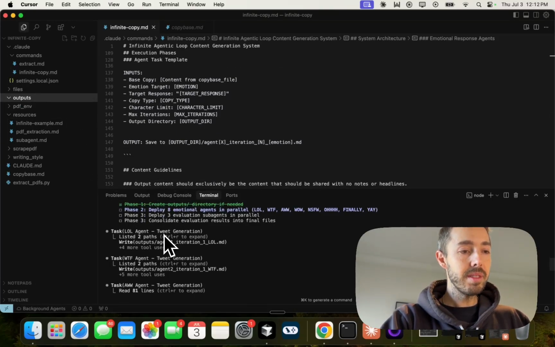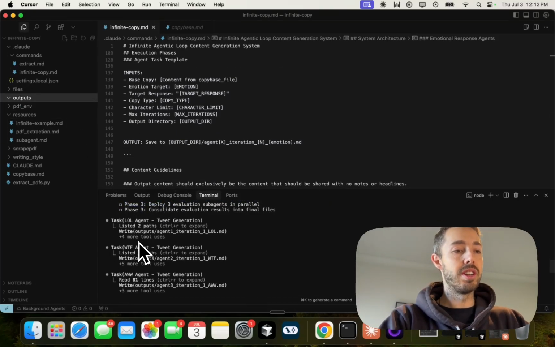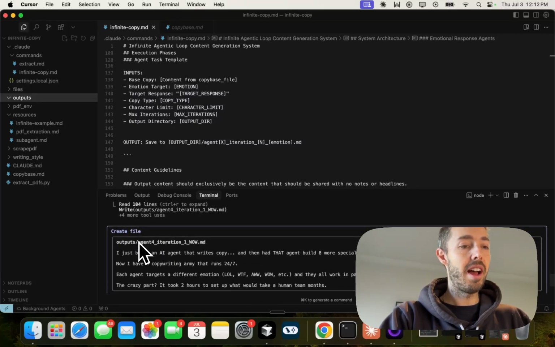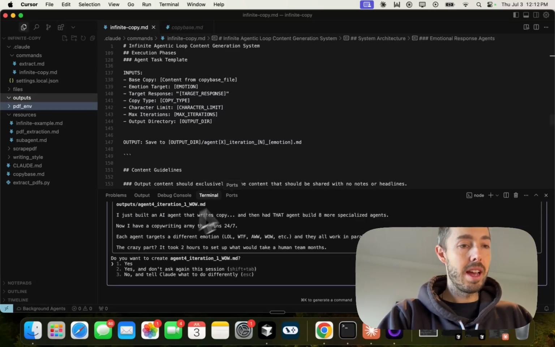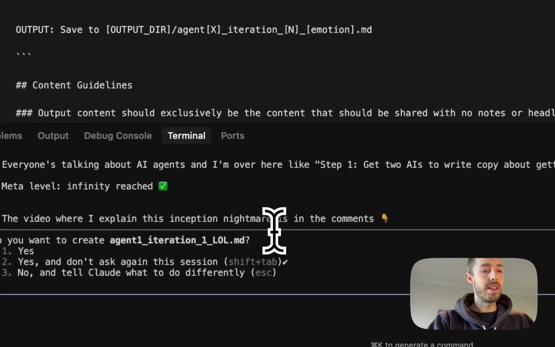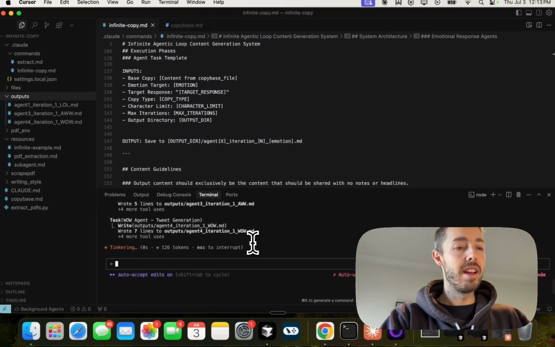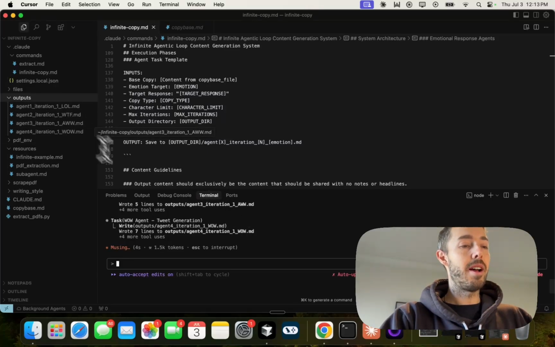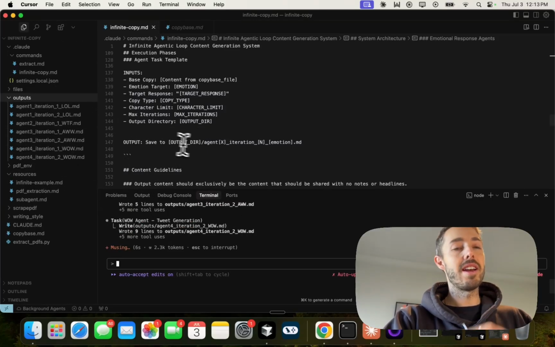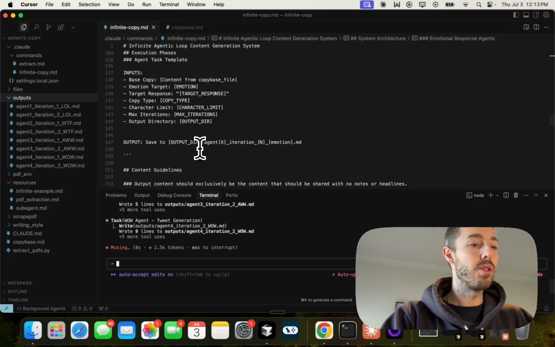So you can see it's launched all 8 tasks there. Given it's the first time I'm running this, I've got to approve that it can create these files. We can see that it's created those 4 files there, and now it's just going to do that automatically.